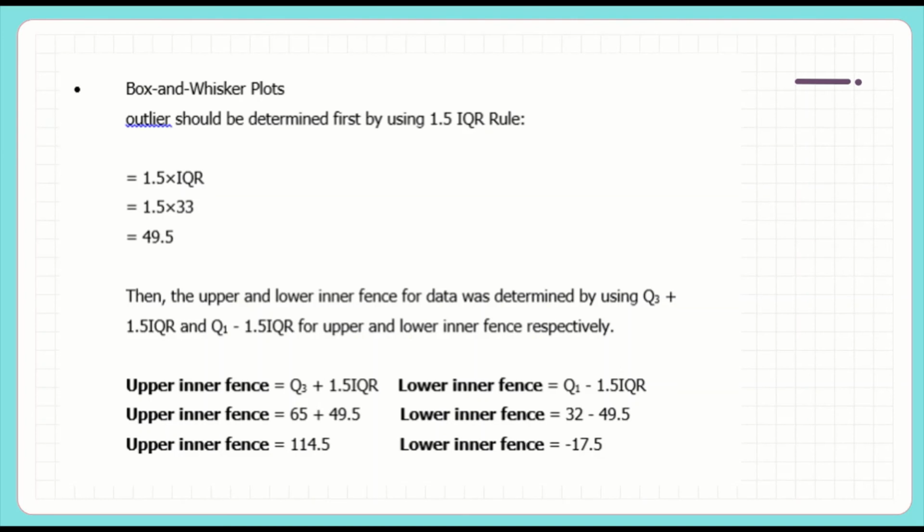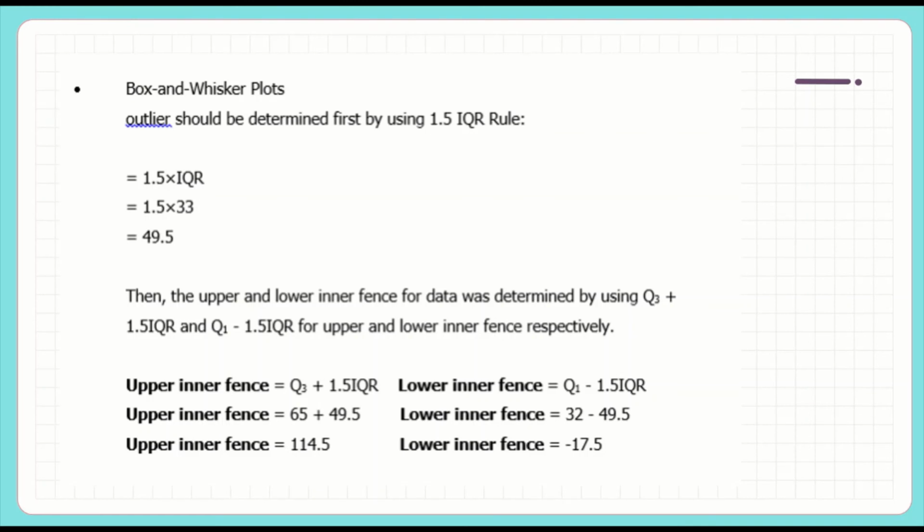And lastly, we must find the box and whiskers plot. Outliers should be determined first by using the 1.5 interquartile rule. So 1.5 times the interquartile range, which is 33, we got 49.5. Then, the upper and lower inner fence for the data are determined by using the third quartile plus 1.5 interquartile range and the first quartile minus 1.5 interquartile range respectively. So, as the upper inner fence is the third quartile plus 1.5 interquartile range, which is 49.5, we got the upper inner fence equal to